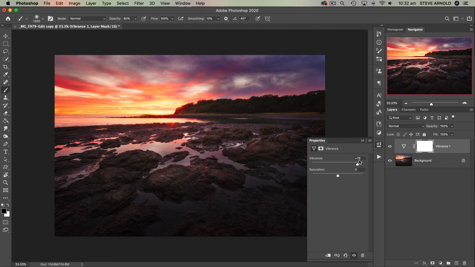You can see here we can go all the way to +76 on the vibrance, and the image doesn't look too oversaturated. But if I was to take the saturation slider and put that to the same value, it's going to look highly oversaturated. That's because the saturation slider is saturating the image regardless of how saturated it is already, whereas vibrance is saturating the pixels that are the least saturated. So that's the difference between those two sliders. Okay, let's get rid of that and